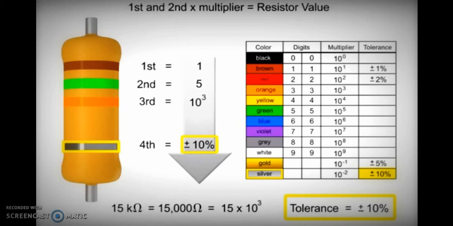So from this video, we can clearly understand how a resistor can be decoded based on the color table if we can memorize the color chart table. And we also have learned what a resistor is, what its function is, and how to decode it. This ends this video.